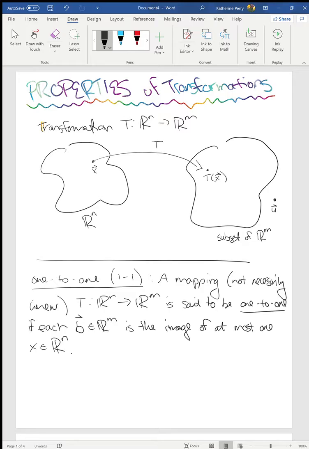So going back up here, I have my vector x that's in Rn,